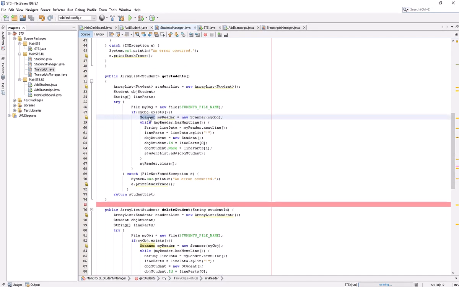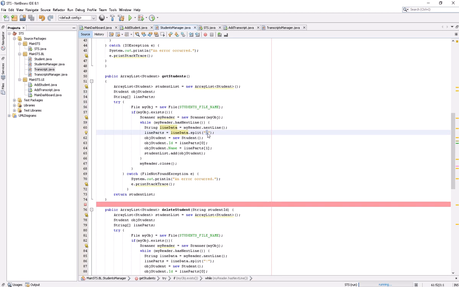We can also use the Scanner class for reading and writing from files. So I'm using it here for reading purposes. I say that my reader be the Scanner, and take this file object. Now I'm going through my reader, which has hasNextLine, as long as it has next lines. So read that line's data, and I know that the format of my file is that every data value is separated by an exclamation mark.